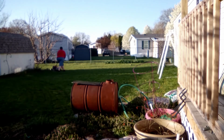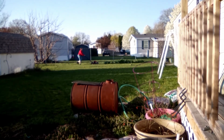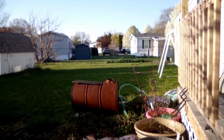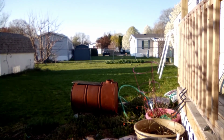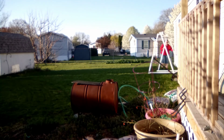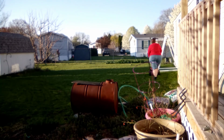I have been kind of taking 5 minutes here or there to weed various areas, but in all honesty, the areas I've been working on, the plants that are in them tend to look a little bit grassy anyway, so it probably doesn't show a whole lot that I've been weeding. I didn't record the front part of the house because there were people out and about around me, and I didn't want to get them, and then the neighbor behind me snuck in while he was weed eating. I had kind of waited to start this until he had finished mowing. I didn't realize he was going to weed eat as well. Anyway,